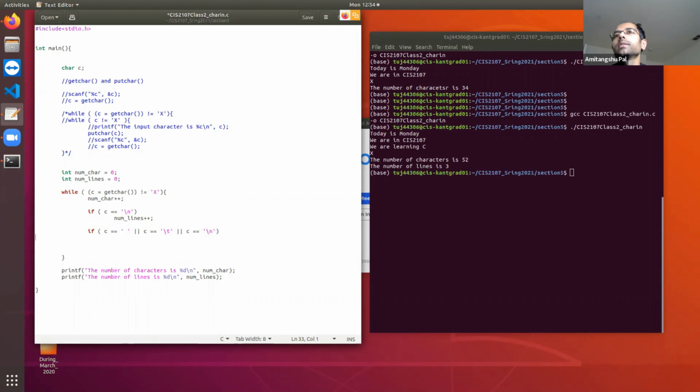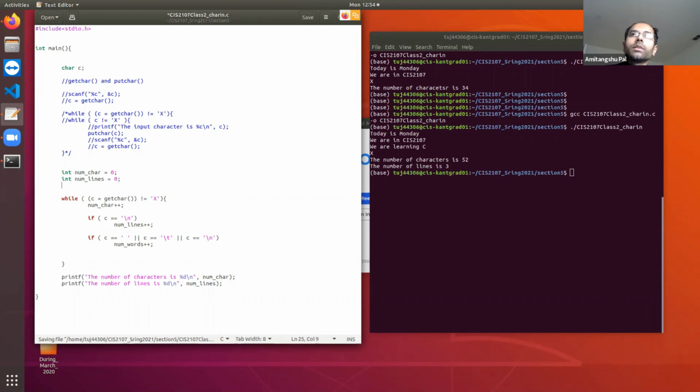Okay, if any of these things happens, you need to increment the number of words, plus plus. Okay. So number of words needs to be initialized to 0. Clear? So now we can print the number of words is %d, number of words. Clear?